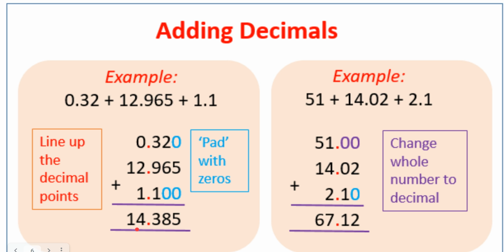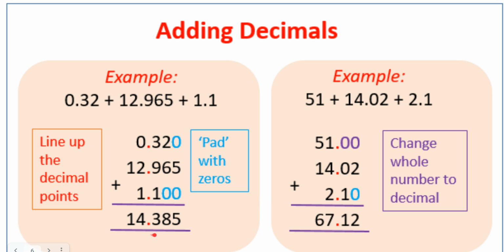And we have to write them down one below the other, right? The dot becomes the point. To the right, we'll have the fractional part, and to the left, you have the whole number. So hence we write 12.965 as shown in the diagram. Similarly, 1.1, we pad it with 2 zeros to the right. That is nothing but 1.100. Now everything is in place, right?